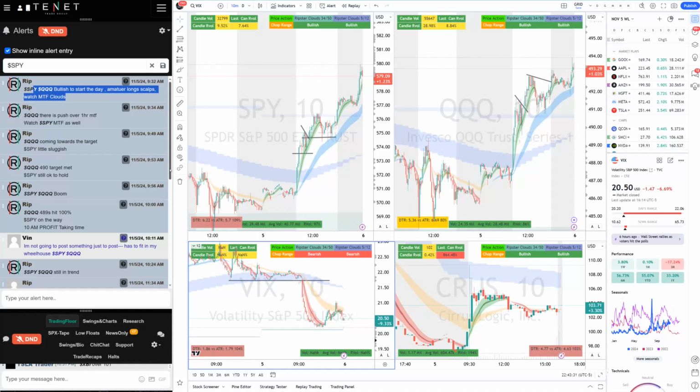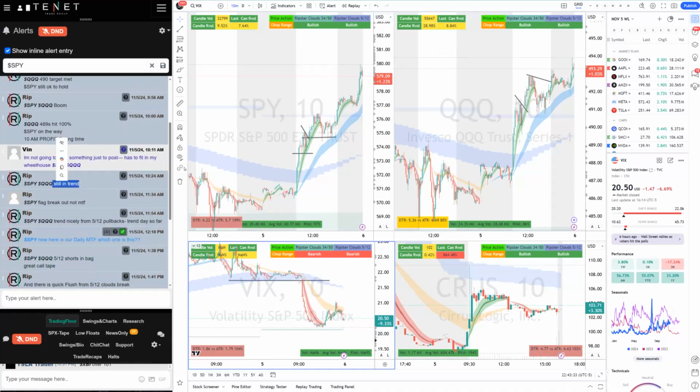Long scalps and all-day guidance on SPY QQQ. We do not cut as long as 512 doesn't break. There is no need to cut. So if you add here, you do not cut until it breaks down right here, and that's how you make 200, 300% on your options, right, from one MTF to the other MTF.